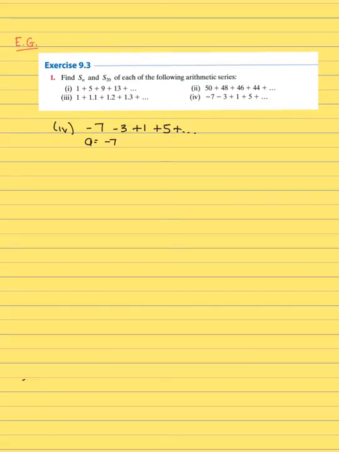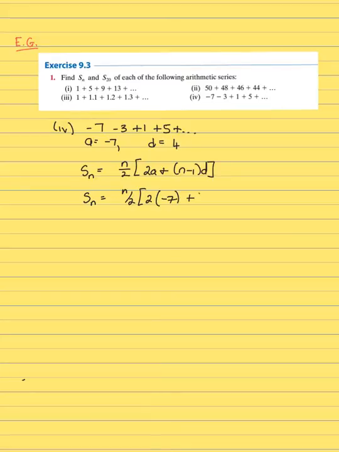The first term is minus 7. And then we identified the common difference. So we went from minus 7 to minus 3. So that meant we were adding 4 on. So the common difference is 4. And then we just use the formula. Sn is n over 2 times 2a plus n minus 1 times d. Sn is equal to n over 2 times 2 times a, which is minus 7, plus n minus 1 times d, which is 4,